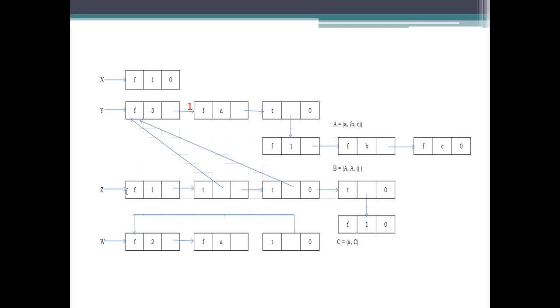And coming to the next one, Z, which represents the B list here. However it is used, initially it is 1. Since it is a list, how many times has it been used? At present it is used a second time, and here it is used a third time. So how many reference counts are there? How many times has A been used? 1, 2, 3. So 3 has to be mentioned here.